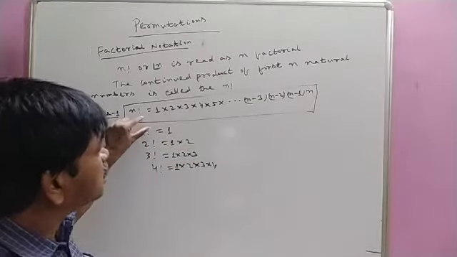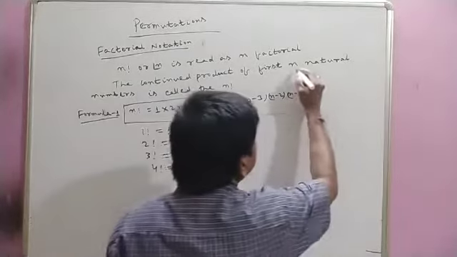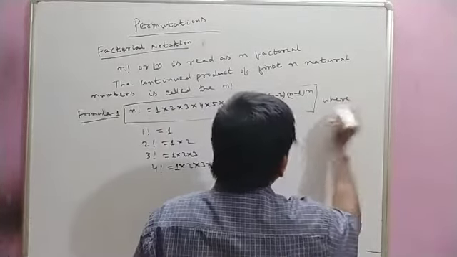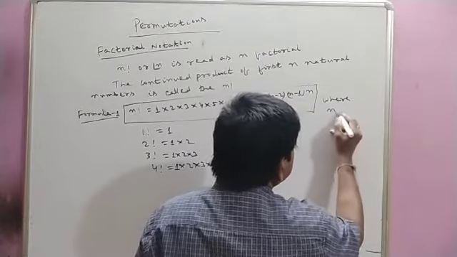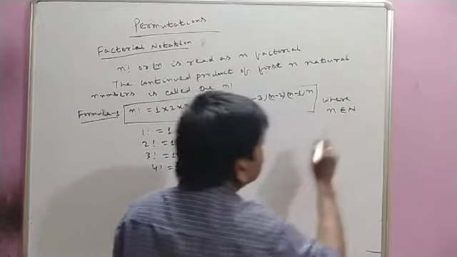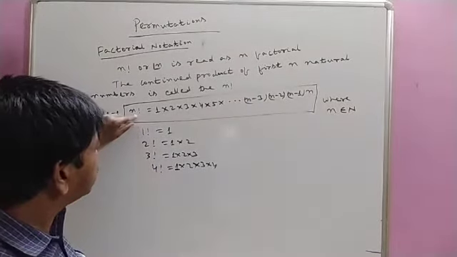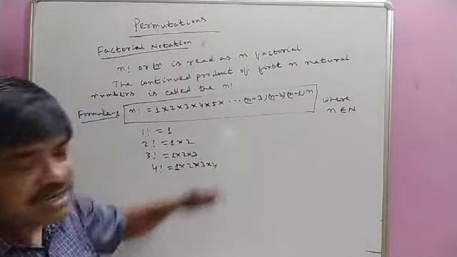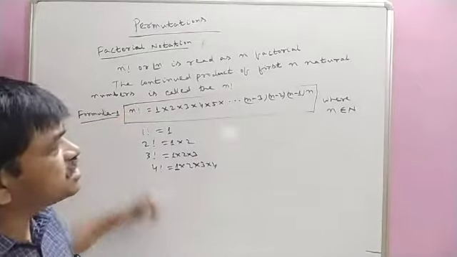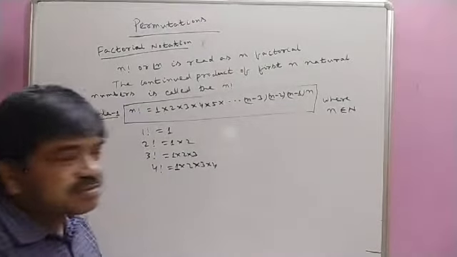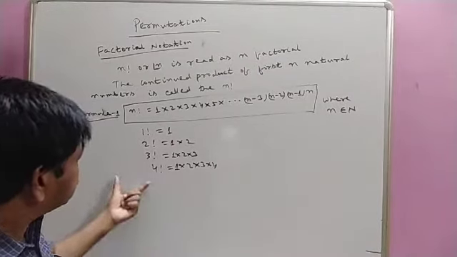So here n is a natural number, because it is the continued product of first n natural numbers. Remember, in the formula n factorial, n belongs to natural numbers. Suppose n is a fraction or a negative integer, then this formula is not valid. This formula is valid only for positive integers, that means natural numbers. Natural numbers are 1, 2, 3, 4, etc. So now this is over.